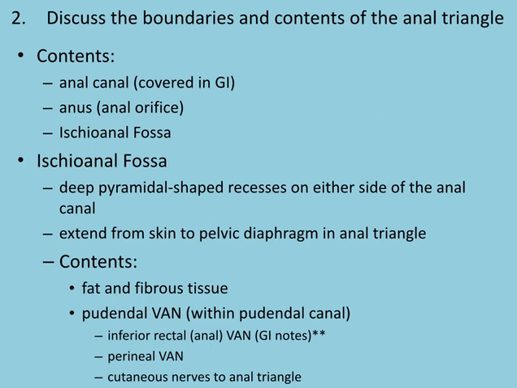Really, the ischial-anal fossa is the only thing that I'll be talking about, because the rest is familiar to you, or has been introduced anyhow. The ischial-anal fossa is, again, within that anal triangle, and it is a deep recess on either side of the anal canal. So there are two ischial-anal fossae, one on either side of the anal canal. Basically, the contents within this fossa is fat, tons and tons of fat. But there are a couple of important neurovascular